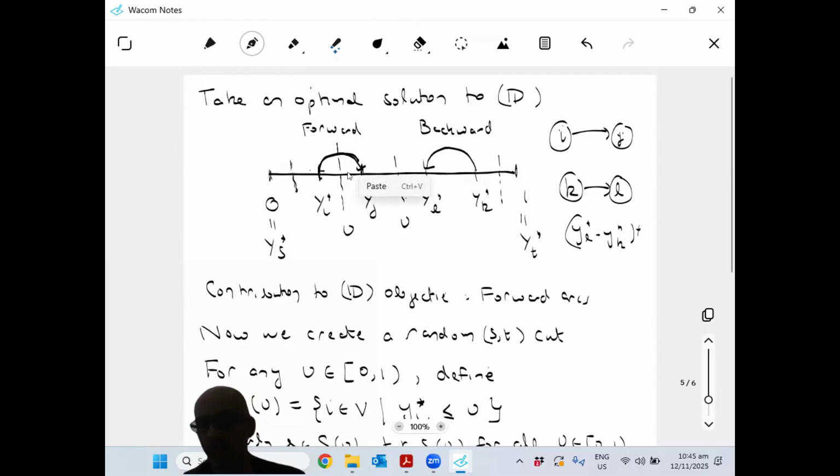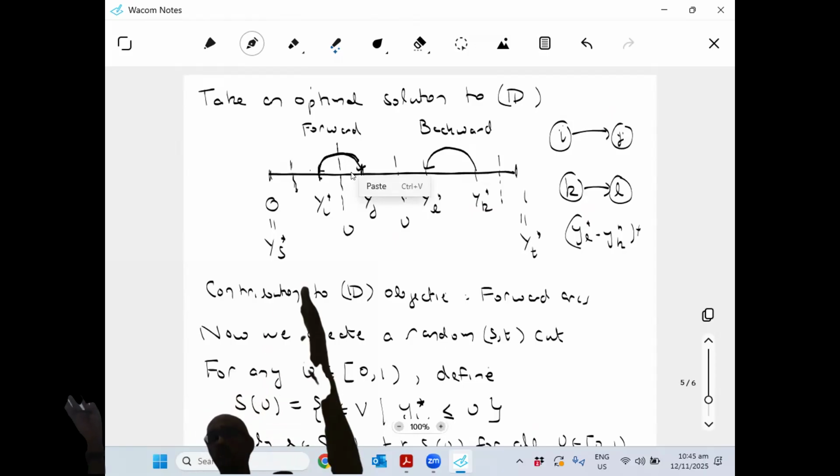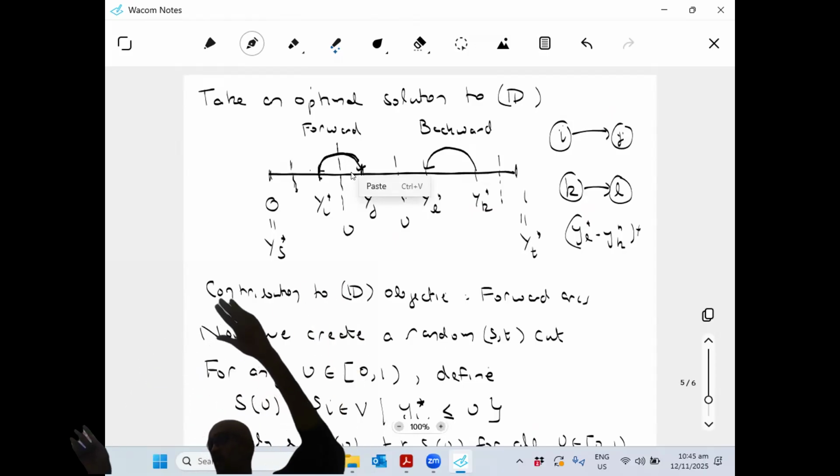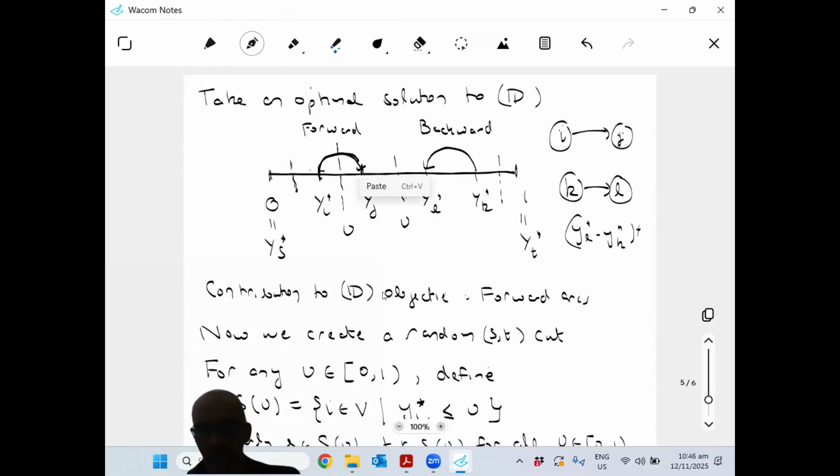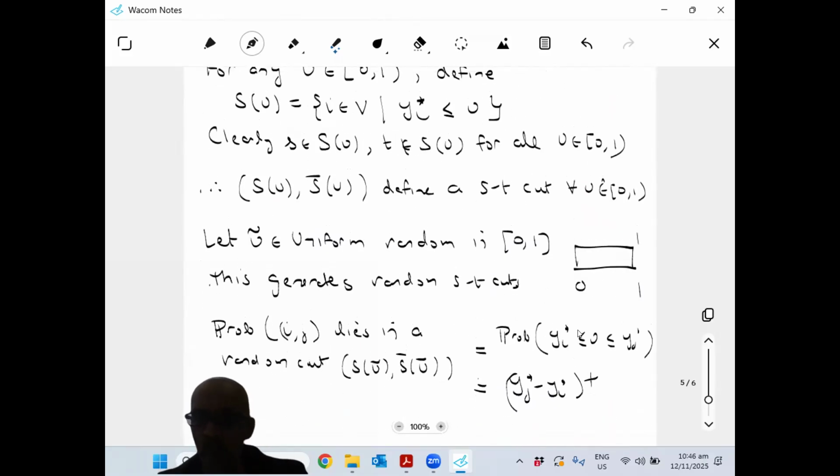The probability of a uniform random variable taking numbers between 0.2 and 0.3 is 0.1. It's an equal probability event, right? This is just the definition of a uniform probability. What's the probability of a random variable lying between A and B? It is B minus A. So what's the probability of it lying between yj and yi? Yj minus yi. The positive part here is simply